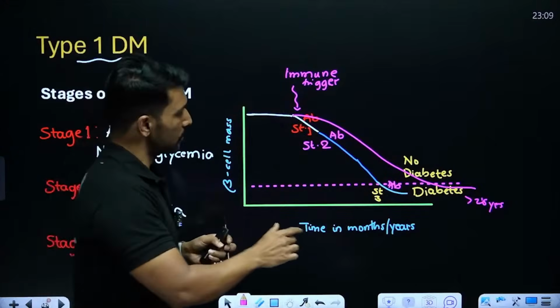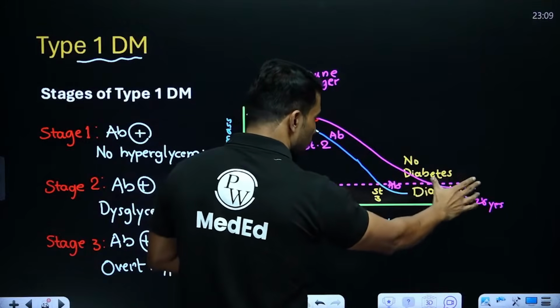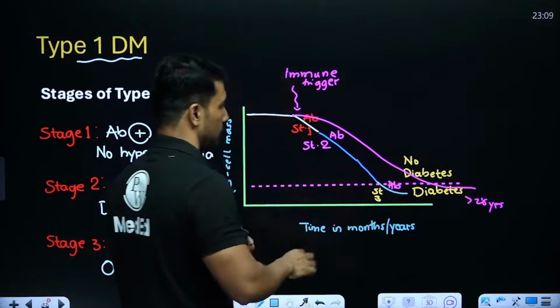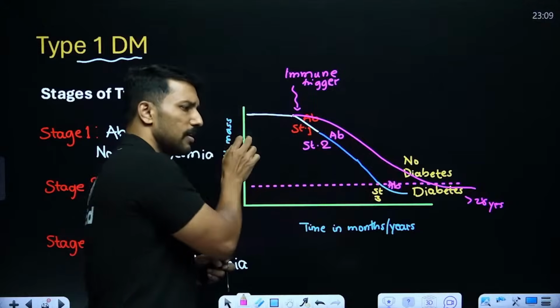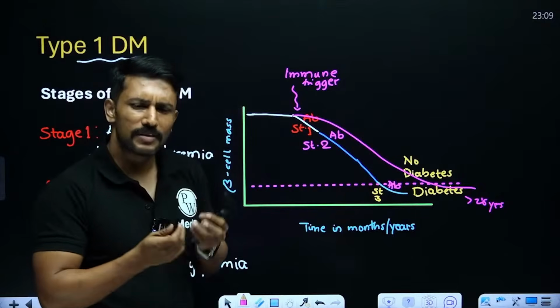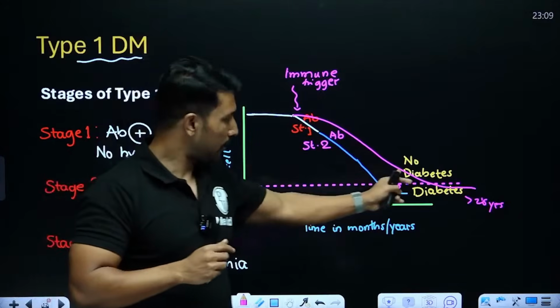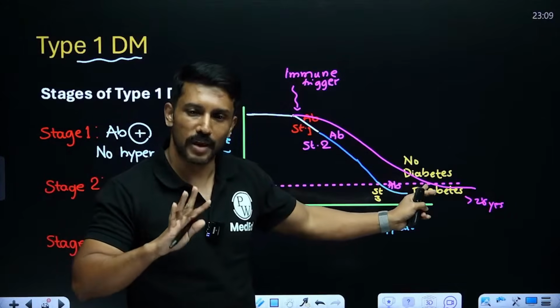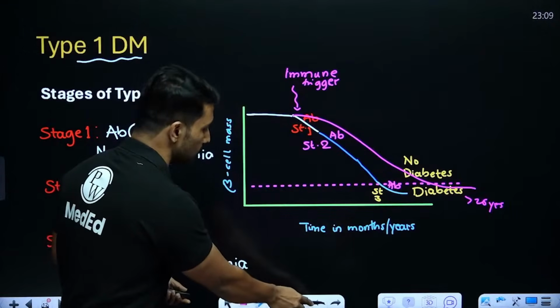So in such cases, if I diagnose these patients way before they're completely insulin deficient, this is a point where if I catch them, the beta cell mass is still reasonably good. So I will have some amount of insulin production. That is why, at least for the initial few months, I may not require insulin. My sugars may be managed without insulin. So in very simple words, what is this type 1.5?